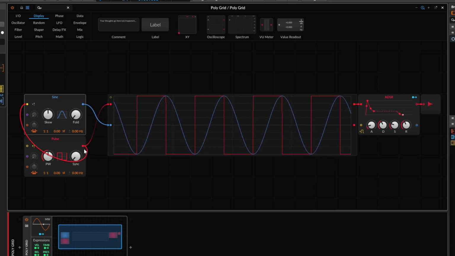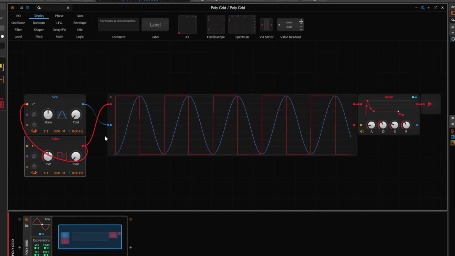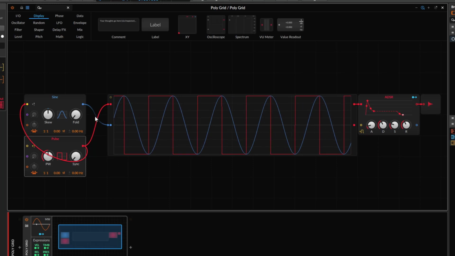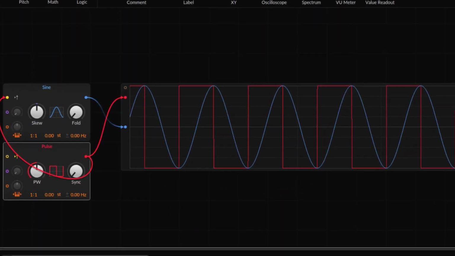Now, right now, since this one is calling the shots and we are doing the same semitones, the ratios are the same and we are playing the same key, we don't hear a lot of difference, right? We don't see a lot of differences as well. So what happens if I start to shift this oscillator, start offsetting it from the pitch of this one? If I go right here to the semitones and I start going up,